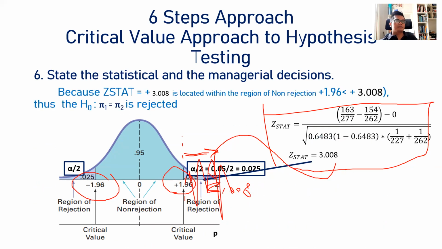Thus, because the z stat value equals plus 3.008 is located within the region of